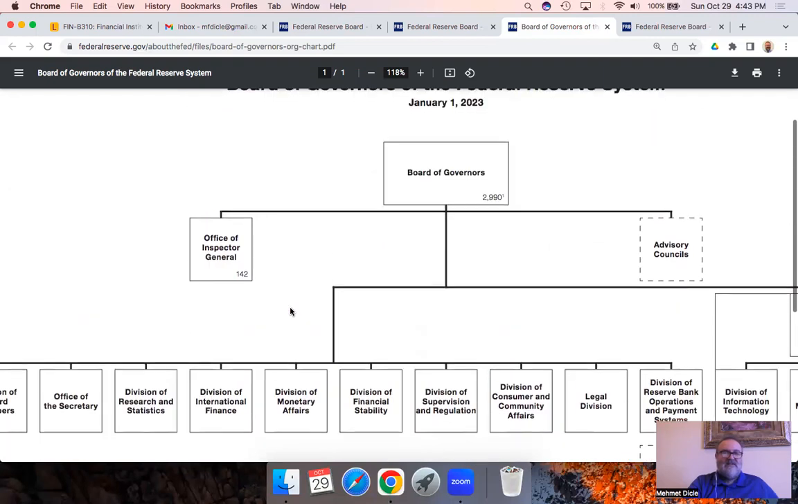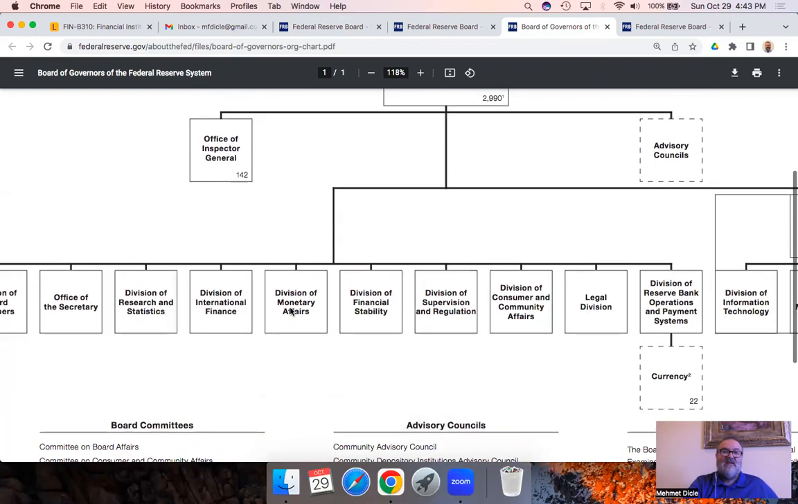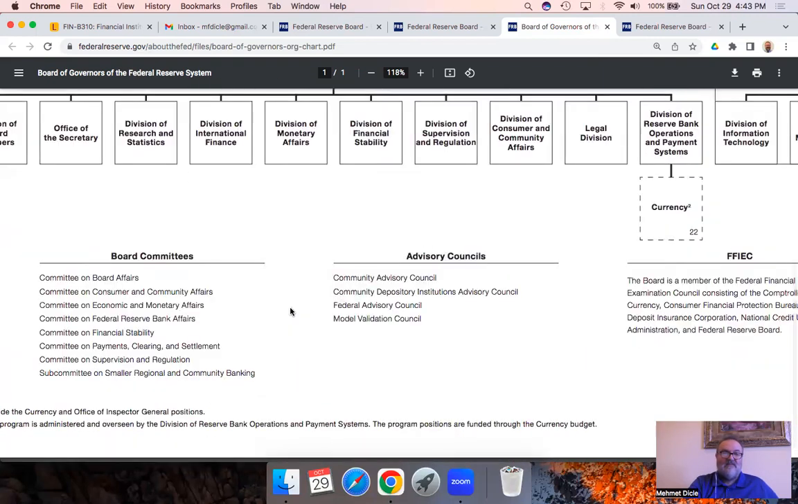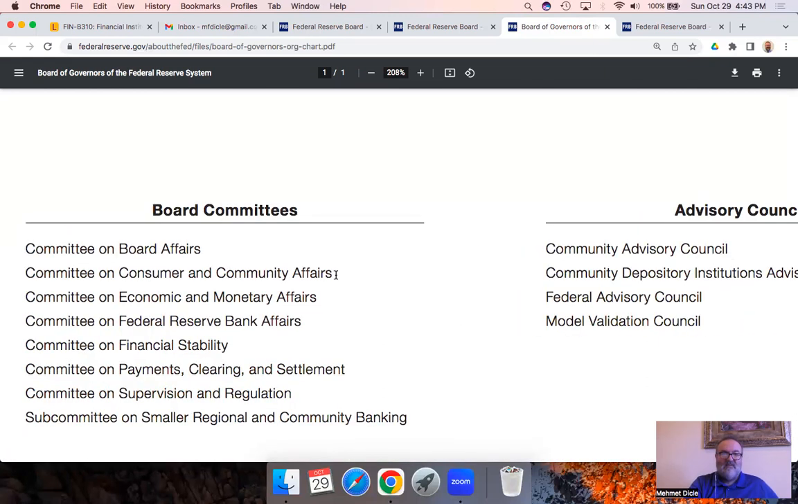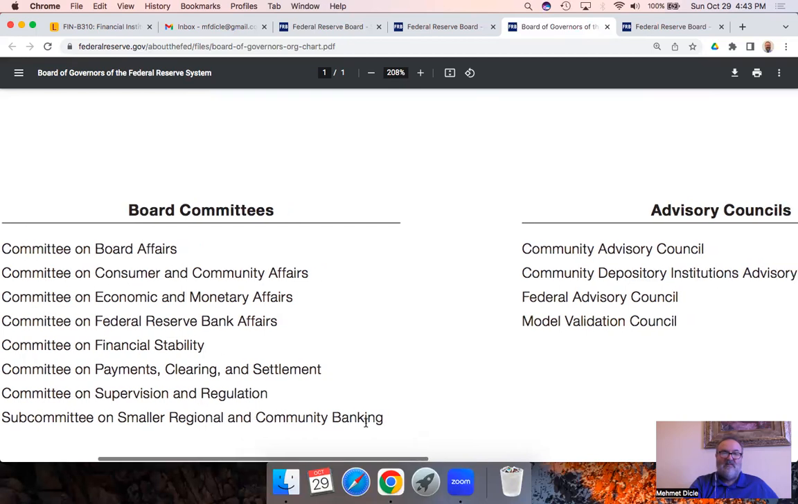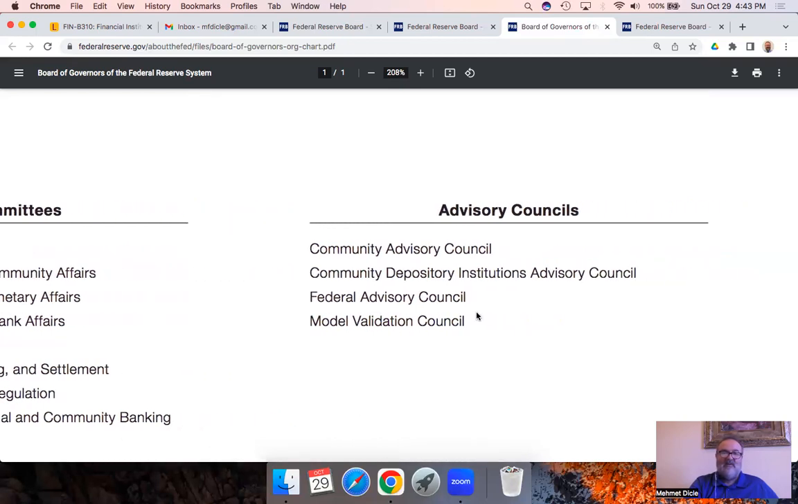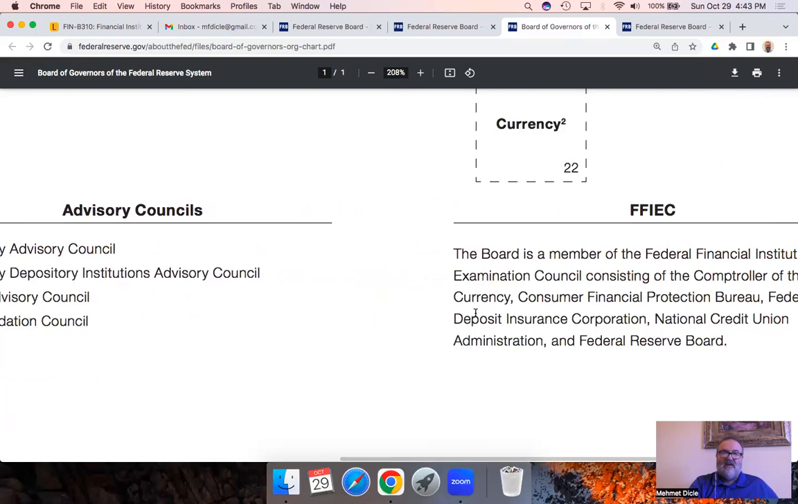So there are several committees within the Board of Governors. So Board Affairs, Consumer and Community Affairs, Economic and Monetary Affairs, Federal Reserve Bank Affairs, Financial Stability, Payments Clearing and Settlement, Supervision Regulation, and then the Subcommittee on Smaller Regional Community Banking. And obviously you have Advisory Council, and then